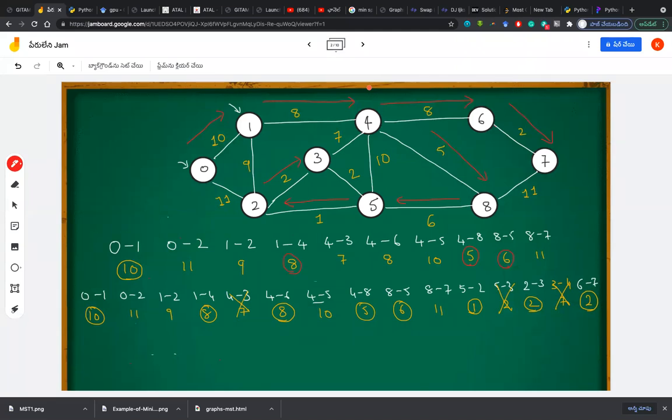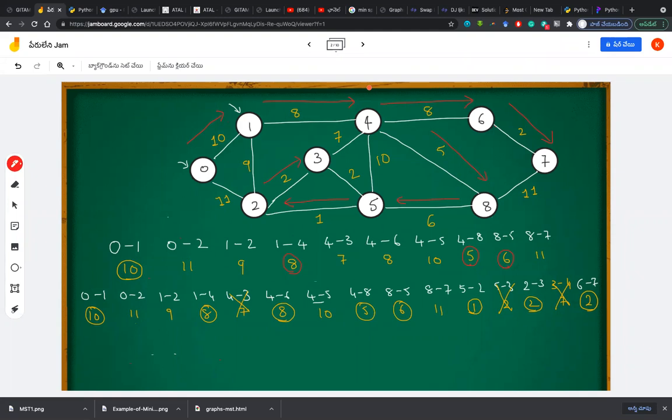Sir, I have a doubt. If two persons are at number 3, and they both are following Prim's rule, and they want to reach number 2, one goes from 3 to 5 and 5 to 2, and the weight is 3. And the other one goes directly from 3 to 2, and the weight is 2. Who is correct now?